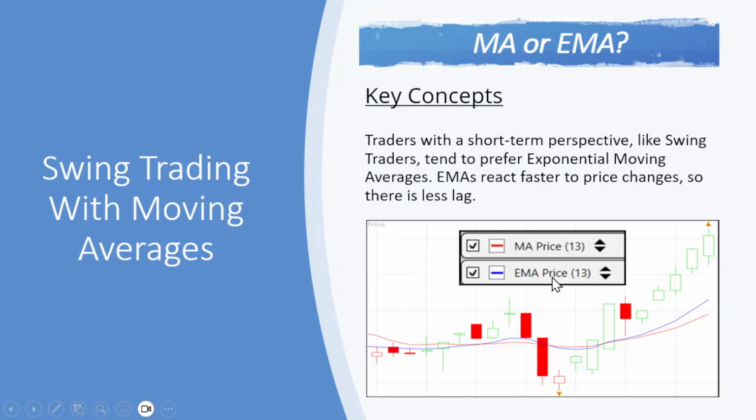Here's an example too of the sensitivity of those moving averages. Here's a 13-day simple moving average and a 13-day EMA. You can see that the 13-day EMA hugs price a little bit more closely, is more reactive to price, and will change direction first. You can see that during this time period when the 13-day simple moving average was rather flat, you could see a couple of crossovers by the 13-day EMA. Okay?